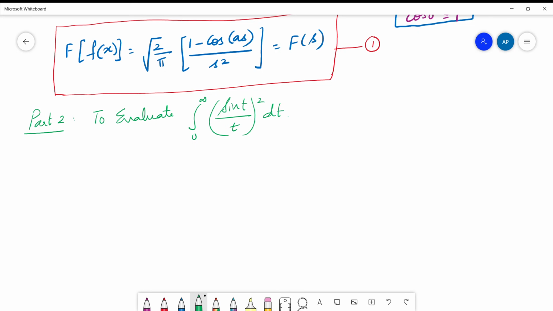Now look at what I have always told you: if the integrand contains F of s as a part of it, then think of it as the inversion formula. In the last two problems that we have done, this is the hint I got. F of s is directly used as an integrand. But what is F of s here in our case? Leaving out the constant for some time, I have 1 minus cos as. The denominator coincides. You see, you have s square here, you have t square here. So fine, that's only a change of variable, so that's not a problem.